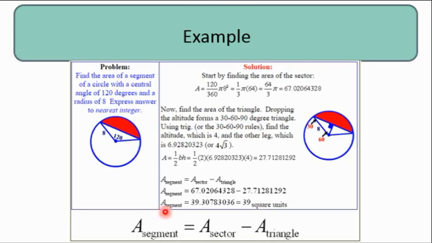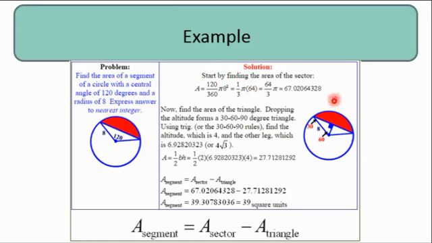And if we wanted to find the area of a segment of a circle, we would take the sector minus this little triangle here made by the radius and the degrees of the central angle, this triangle here. We would subtract that from the area of the sector, and what's left over is the area of the segment. So for example, if we had to find the area of a segment of a circle with a central angle of 120 degrees and a radius of 8,